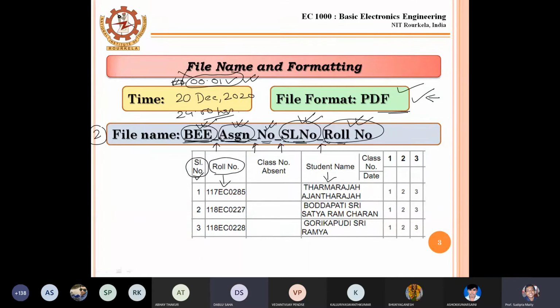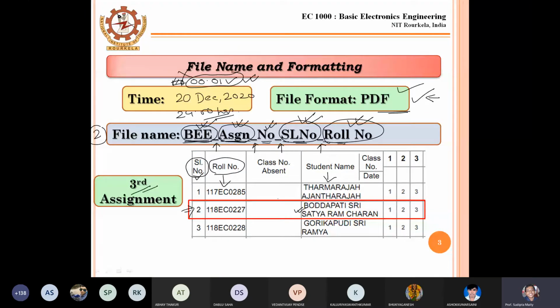Let's give one example. Suppose some student is submitting the third assignment, and the student is the second student. What will be the file name? The roll number is, suppose, 118 EC 0227, and his name is Bodhapati C Satyaram Charan.